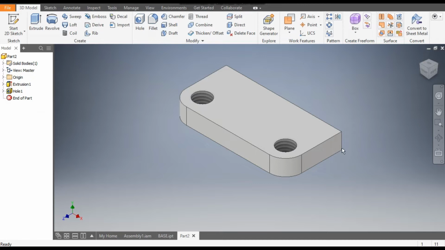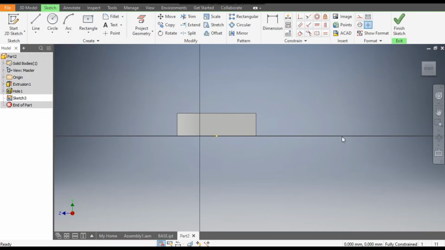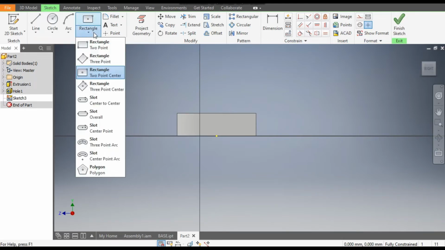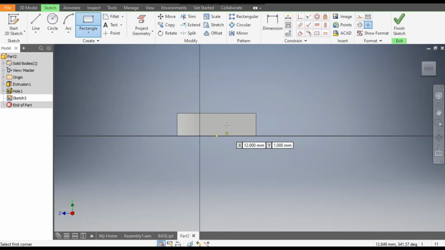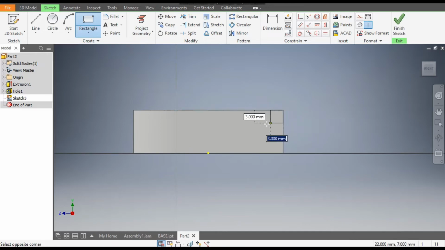So first select this face, go to create sketch, and from here select 2-point rectangle. From this point make a rectangle, dimension. This width will be 5 mm and this 4 mm. Okay, escape,